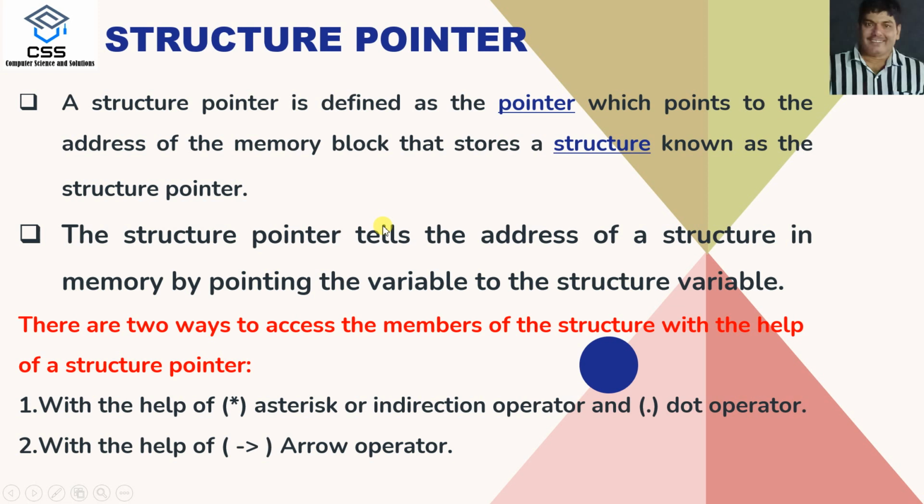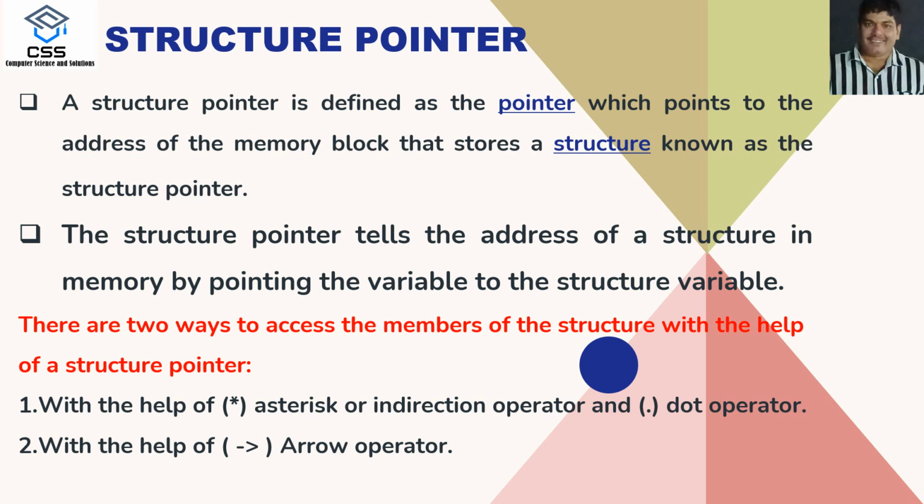For interacting with the structure members, we need two operators. One is the dot operator as a membership operator for the normal variable of structure, whereas while you are interacting with a pointer to structure, then you have to use the arrowhead operator. The minus symbol followed by the greater than symbol represents the arrowhead operator that is used to access